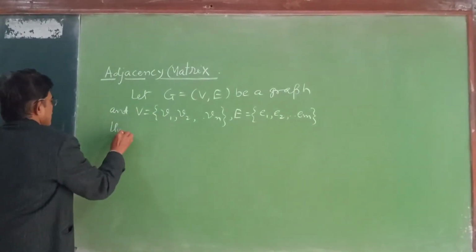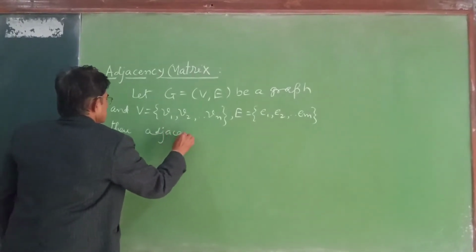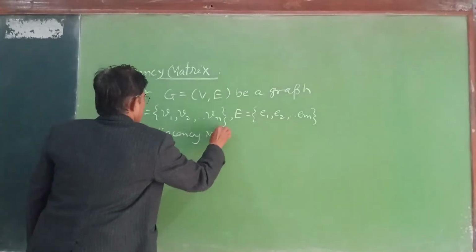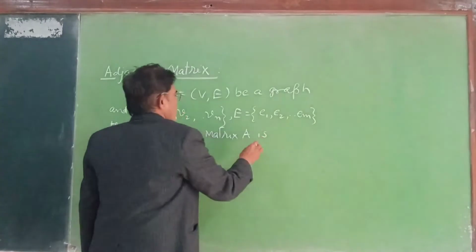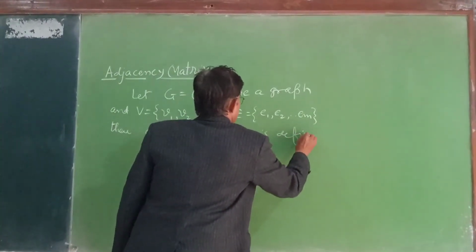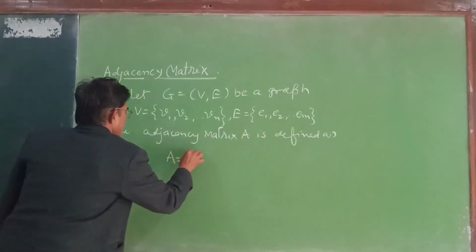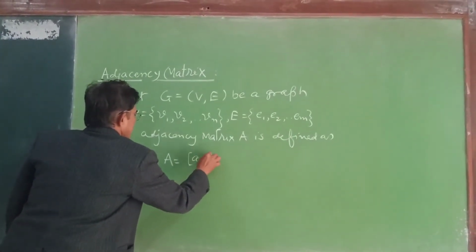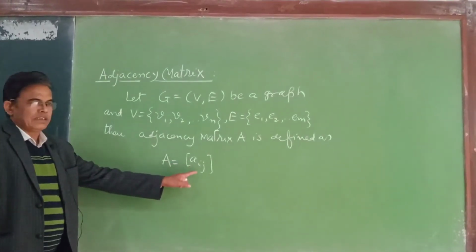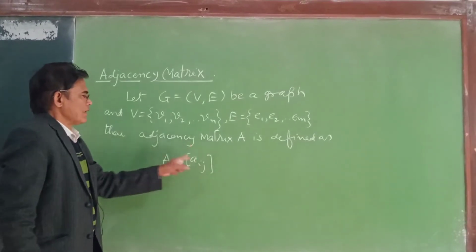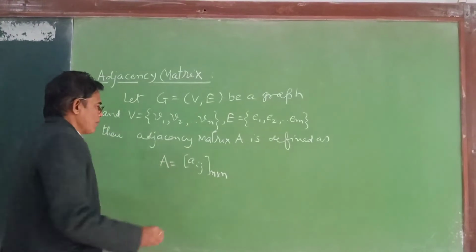Then the adjacency matrix A is defined as A equals Aij. This is a square matrix, n cross n, and the value of Aij